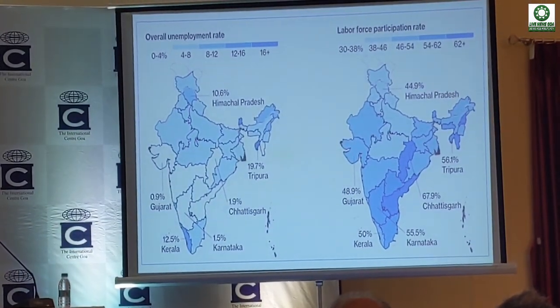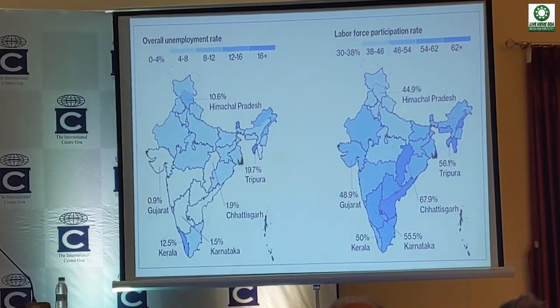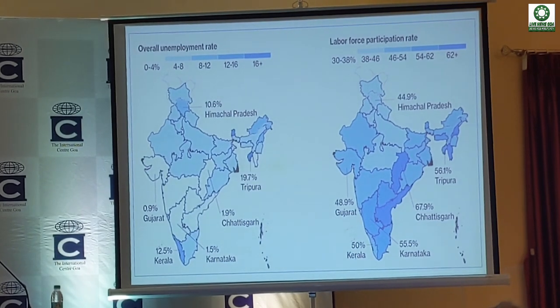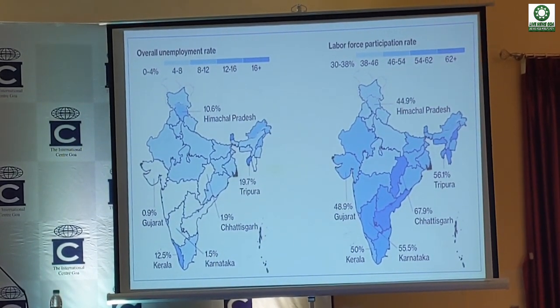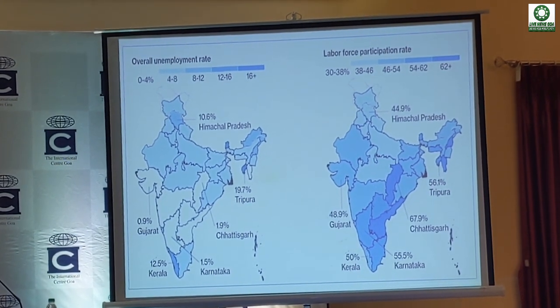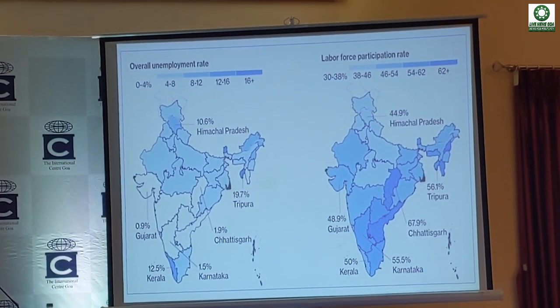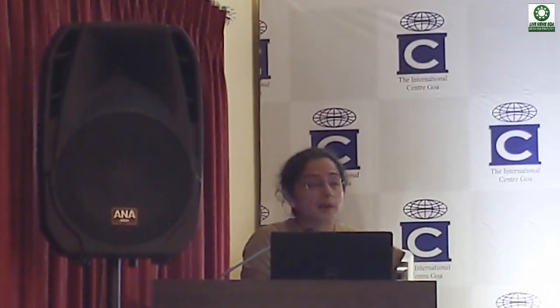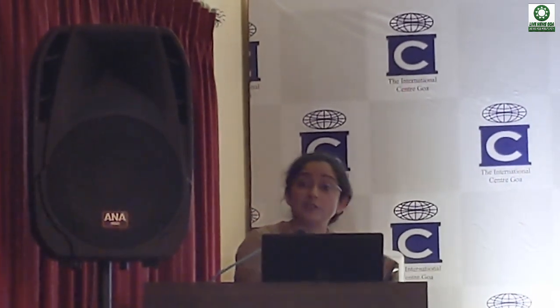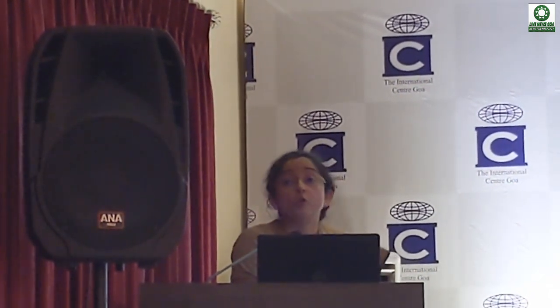This black box. There are two concepts in the labor market that we follow closely. One is unemployment rate and the other is labor force participation rate. Labor force participation is people in the working age group, so 18 to 59, that are either working or they are looking for work. That's when you are part of the labor market. India has struggled because our labor force participation used to be around 50% until a few years back. So half our population was neither working nor looking for work. So we have a peculiarly low labor force participation.